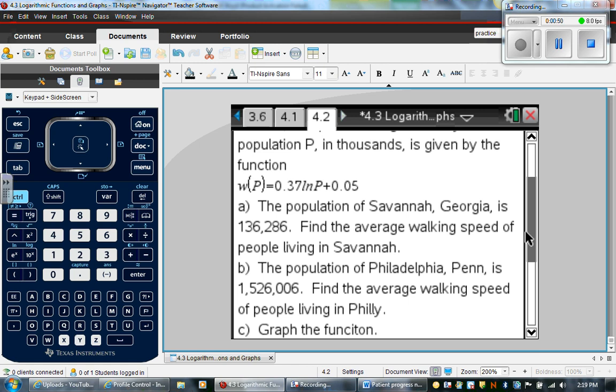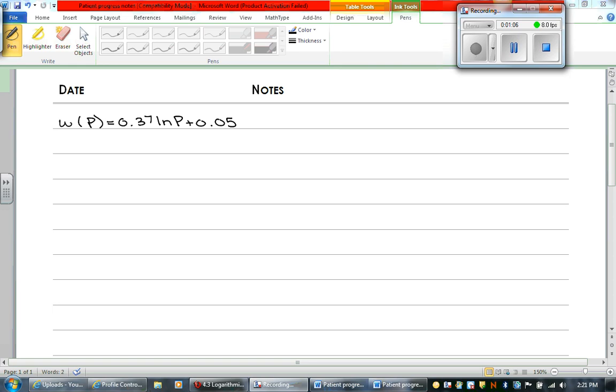So for A, we're going to look at the population of Savannah, Georgia, being 136,286. We want to find the average walking speed of people living in Savannah at that time. Okay, so in order to find out the average walking speed for that population, we plug in the population for P. So this is A. So we get W of